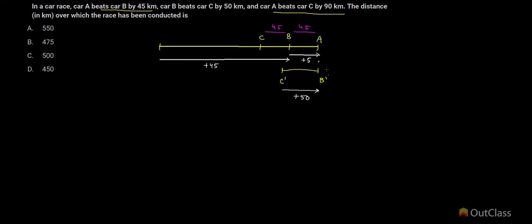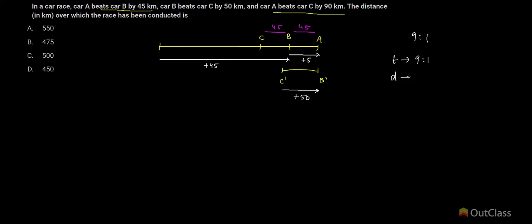We are getting this 5 from this 50. So B gained 45 on C by the time A finished, and then B gained a further 5 on C. Clearly these gains are in the ratio 9:1, which means that the times spent are also in the ratio 9:1,